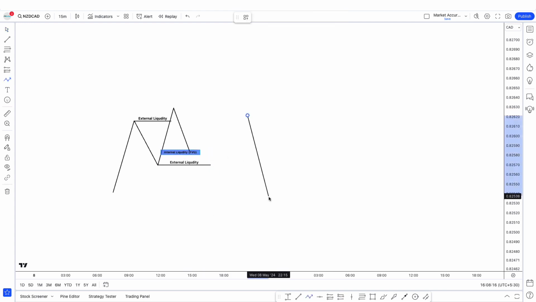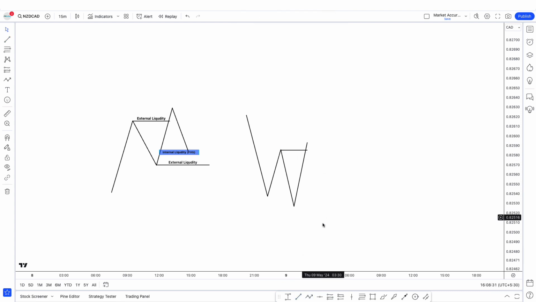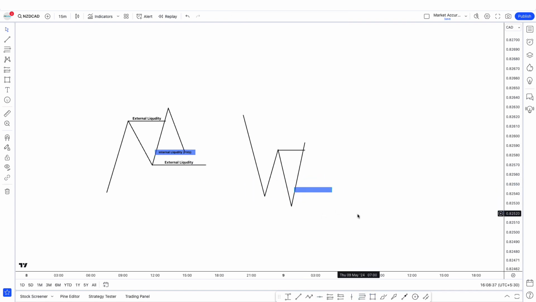Very simple, and similarly, you can see that if we have something like this and this, price takes out this high over here, and we mark out our fib from bottom to top. Where is the fair value gap? The recent fair value gap below the 0.5 level is going to be this. So now, after looking at the lower time frame, we can anticipate that, okay, price is going to go to this